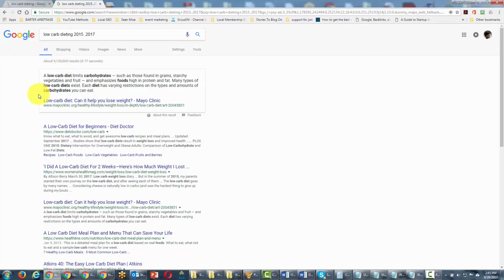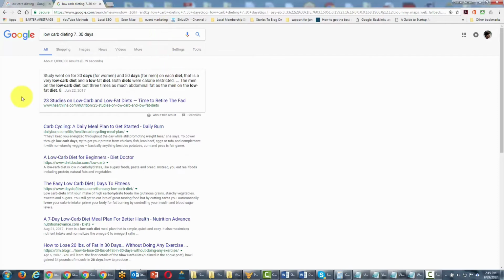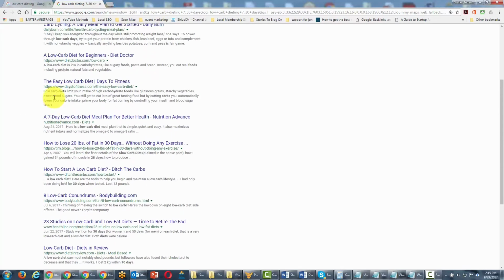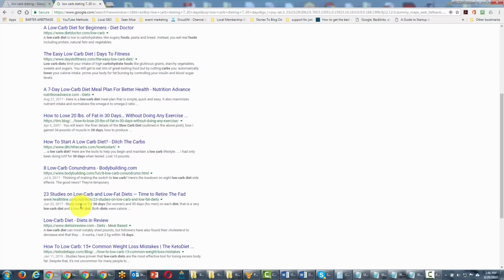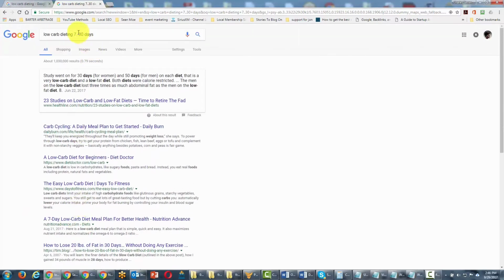And again, you're going to get a different set of results. Now, we could change this. We could do something that would be 7 to 30, and then we could write days. And so you'll get all kinds of ranges, 7, 8, 23, anything numerical to modify your search within this range. So again, it's a great way of being able to limit your numerical choices if you're going to put them